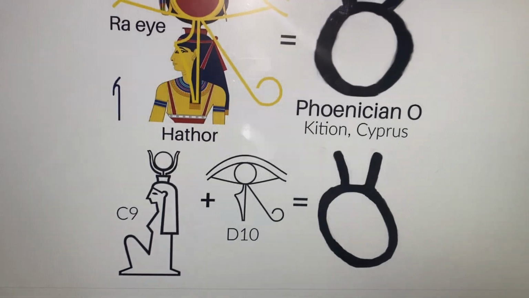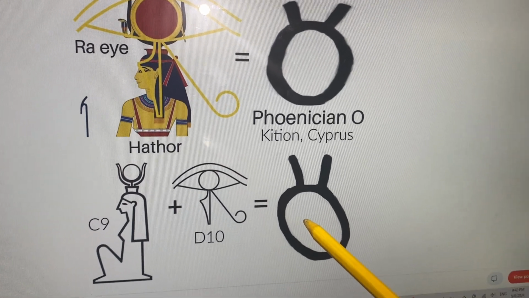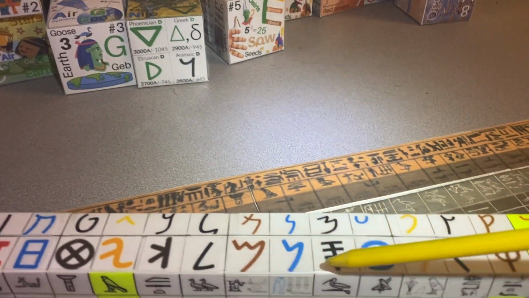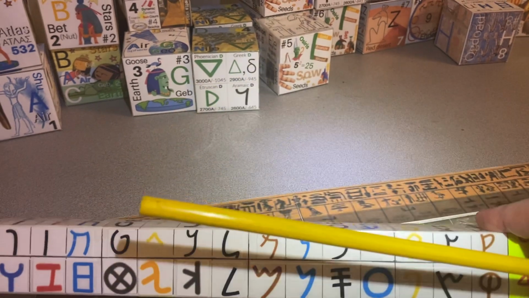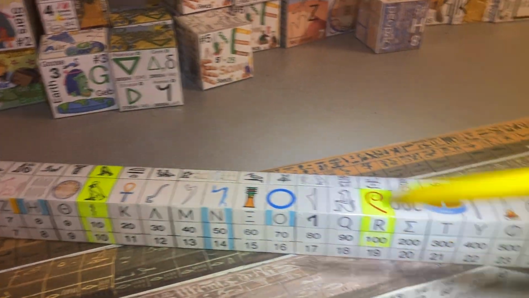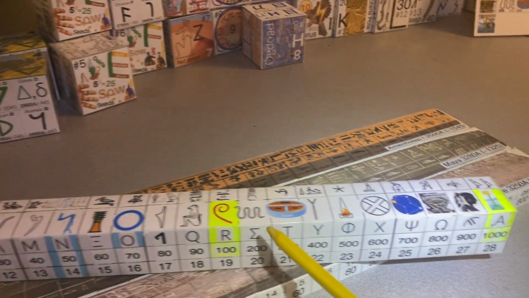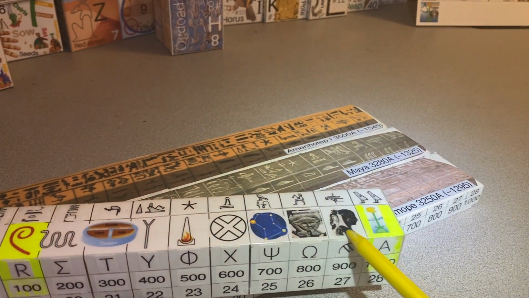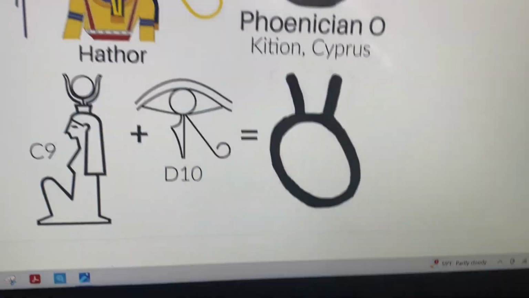So today I wanted to show how this Phoenician O split into O Omicron, or O micro, and Omega, or macro O, shown here. I wanted to make a diagram of this, and this resulted in